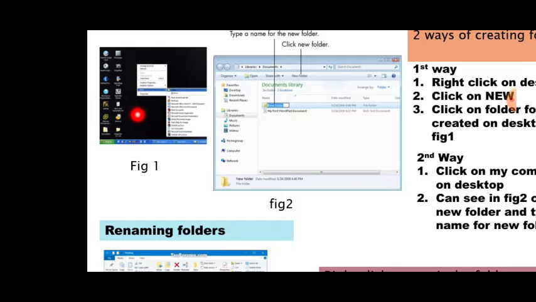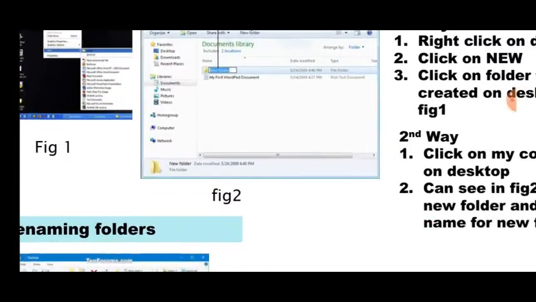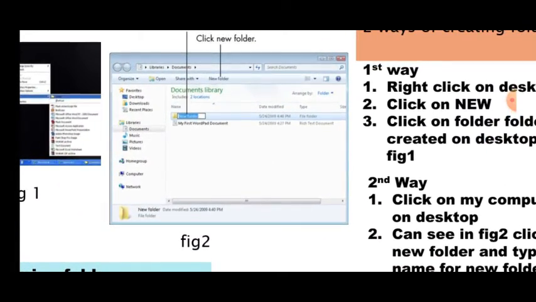You can see here the folders are created. We can rename the folders. Then you can copy it and paste it inside the system. One more way is to open the window. Once you open the window you get options here: organize, open, share with and new folder. You click here, and a new folder will be automatically created in the documents library. Once the folder is created, it can be carried anywhere inside the system. You can copy it, rename it, and store it anywhere. Fine.